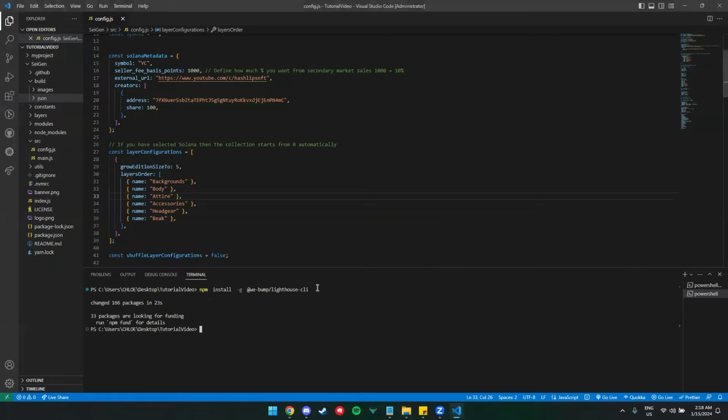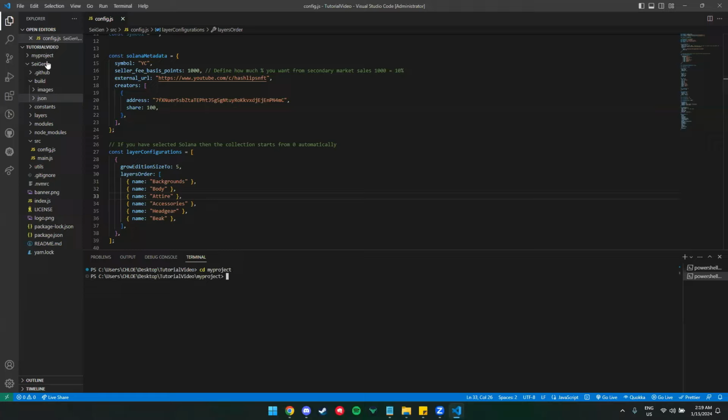Okay, after installing it, I'll go back to my project directory under here, my project, and then I'll validate the assets or the images and JSON file. Lighthouse, validate. Okay, all files are valid. And after you validate this one,